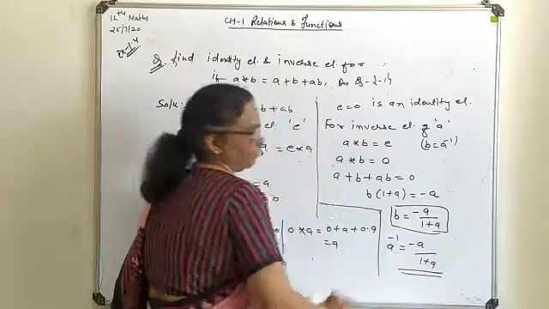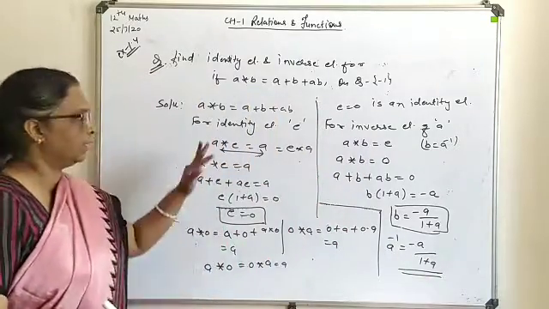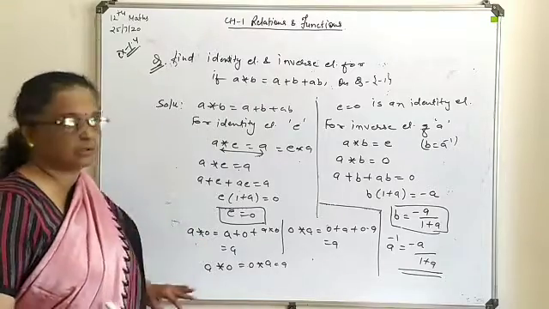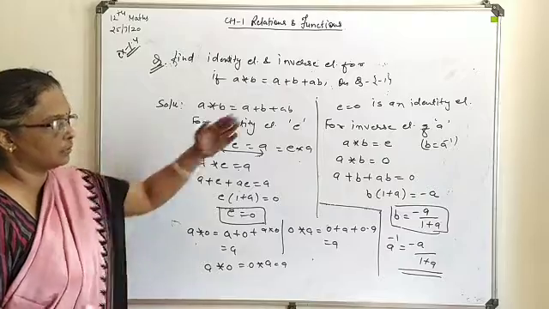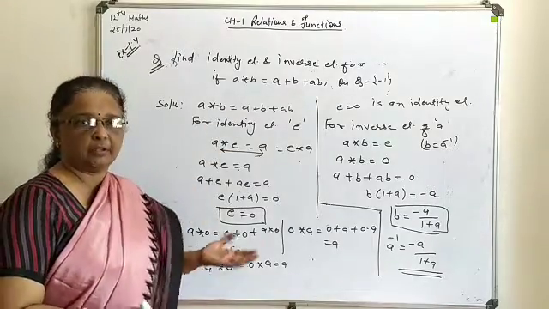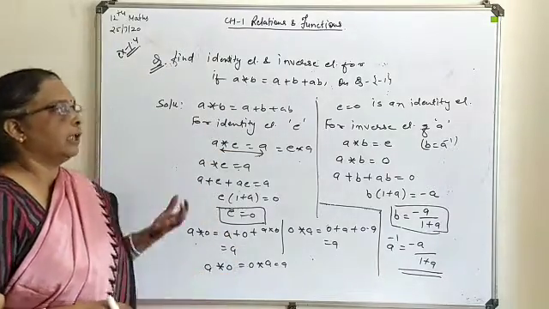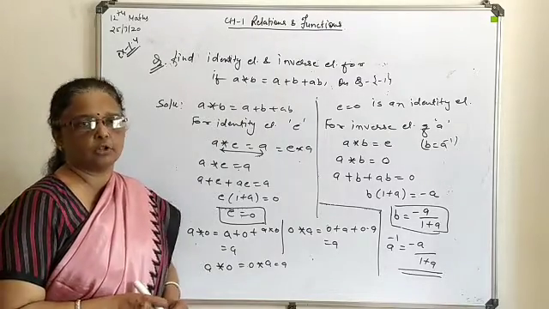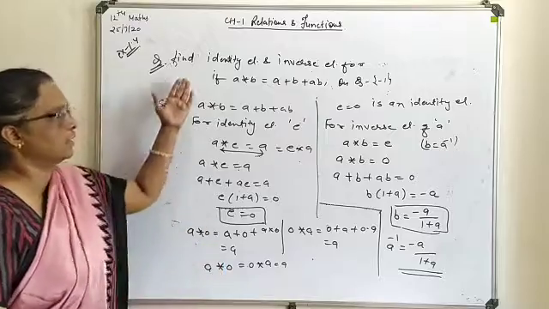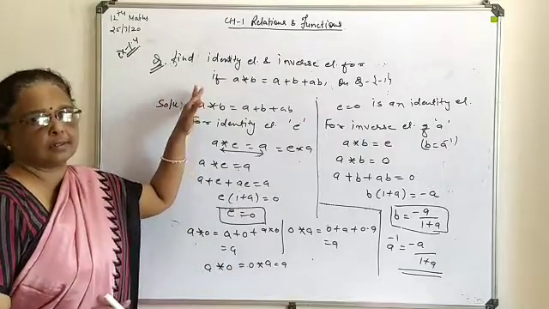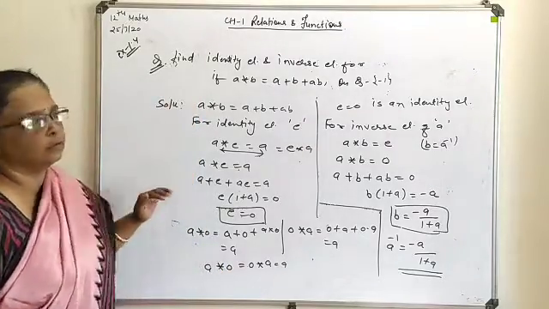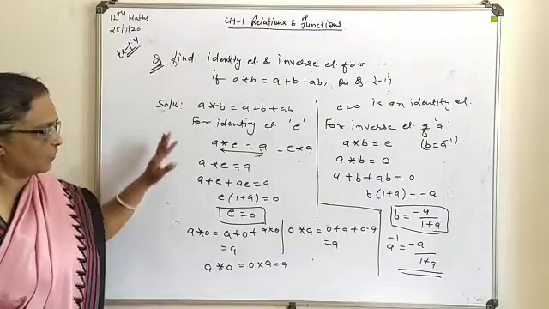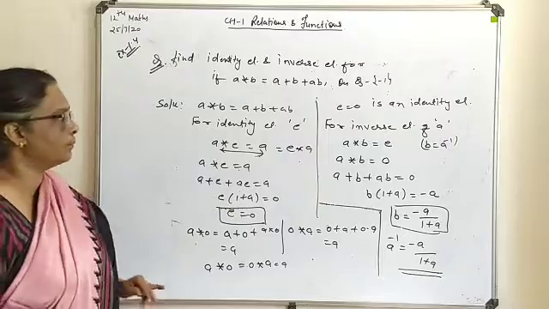So this way you have to find the inverse of the given one. In some of the cases, after writing the commutative law it is not possible to find E. So there only you will stop: if the identity element does not exist, inverse evaluation will also not be possible. So normally such types of questions are asked in the exam as a 2-mark question or sometimes a 3-mark question. So step writing is very necessary.